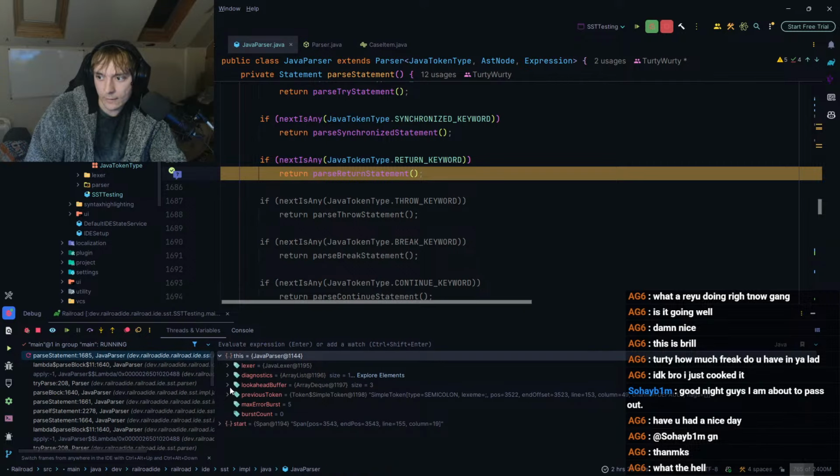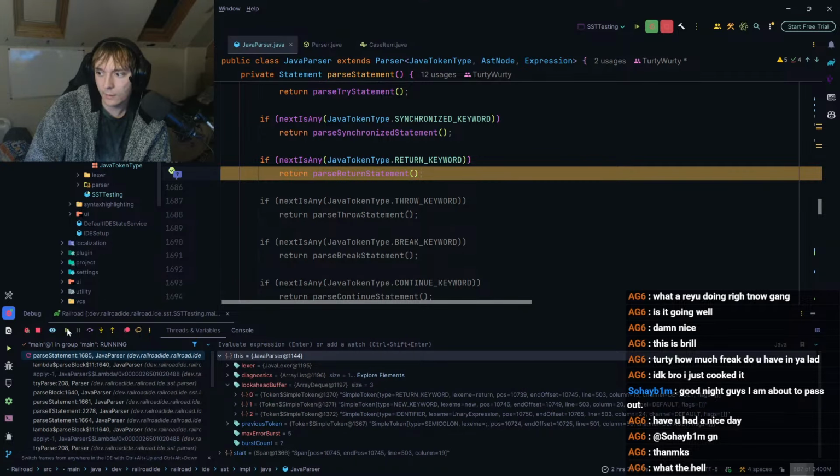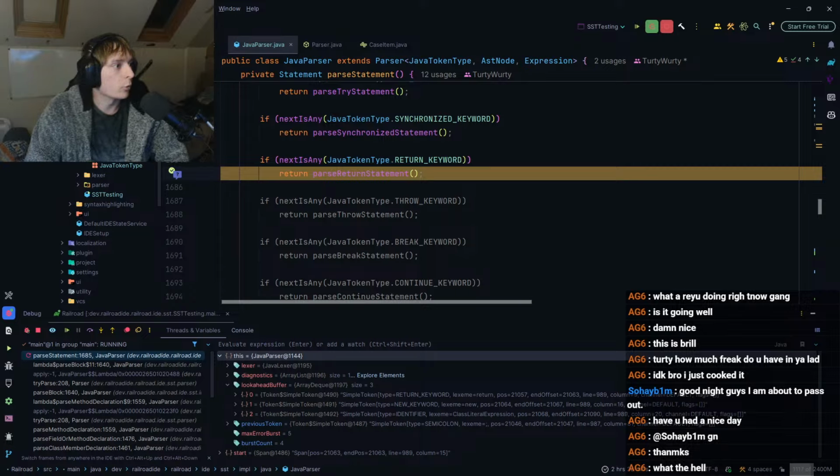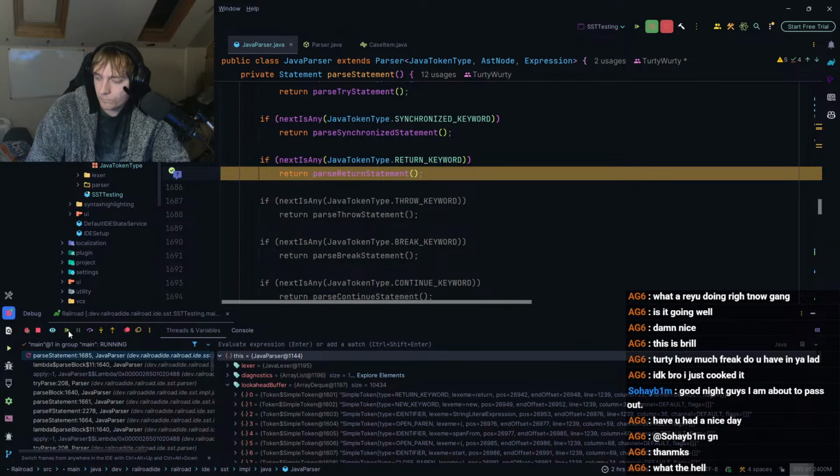So if I open these, I should be able to see what it's finding. So return new assignment expression. Don't care. Don't care. Basically, I'm just going to continue until it finds an object. What are we looking for? Character literal expression. So string literal, string literal, string literal.